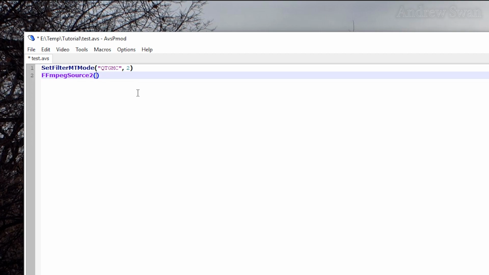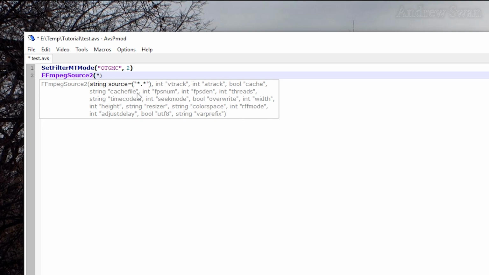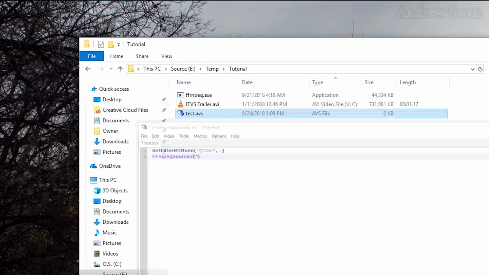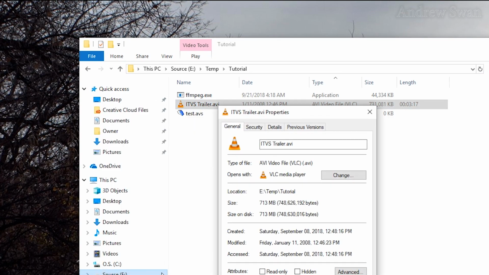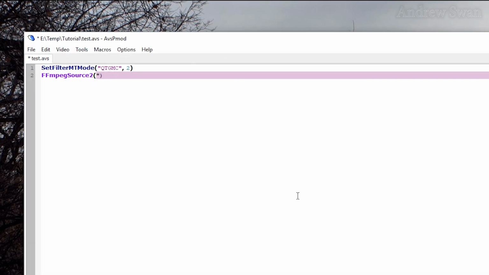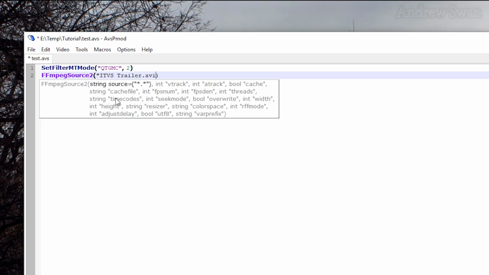All right. Same sort of deal here. In parentheses, put the name of your video file in quotes. Real easy way to do this is just to right-click on the video file, click on Properties, and just select and copy the name. Go back into AVSP Mod and paste it in. So you put the name of the video file in quotes, then a comma, then a space, then a track